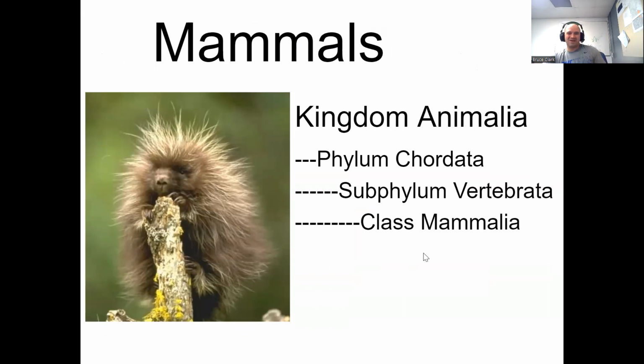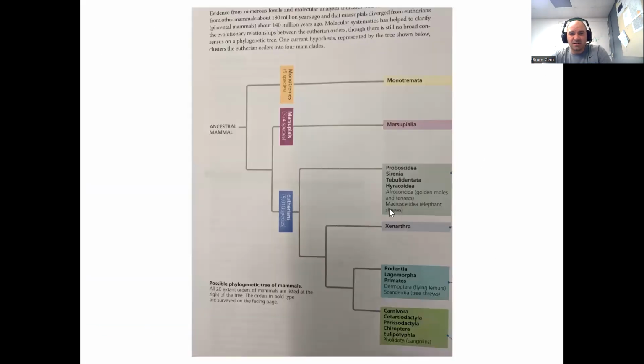Anyway, we're going to do mammals last, and we are going to probably spend the most amount of time on them because that's what we are, and that's what we tend to like to focus on, things that are similar to us. All right. Look here at some mammal phylogeny would be the right term for that. That was a mouthful. But it looks at kind of the mammalian tree of life. All right, how things have broken apart and which things are more closely related to other things there.